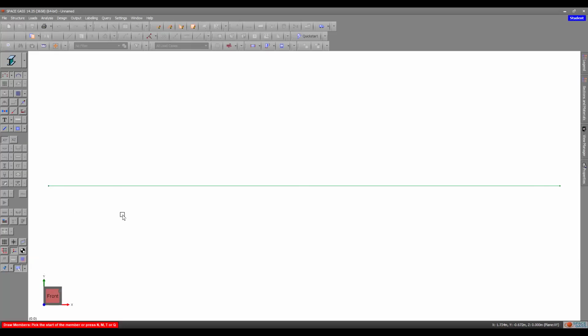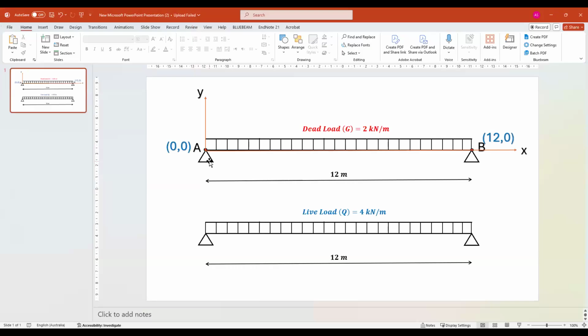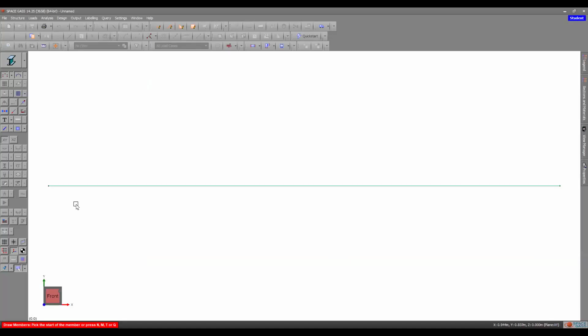specify the supports for our two nodes. So if we go back to our example or our beam, one of these supports is a hinged support, the other one is a roller support. So you have to assume one hinge and one roller. So now if we go back to our model, to apply the supports, you need to click the point